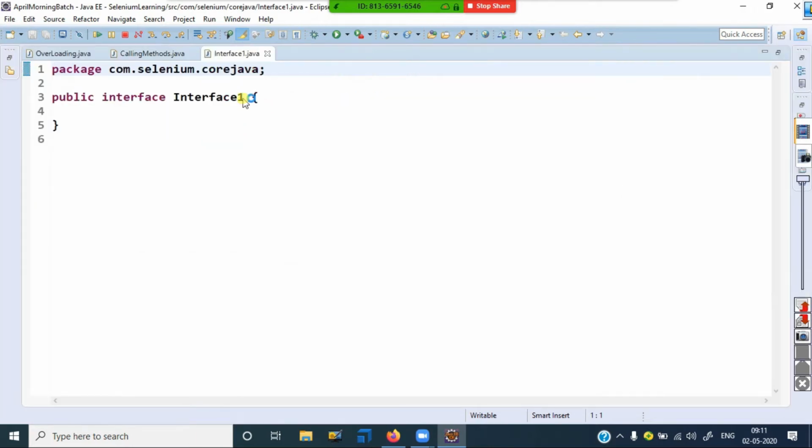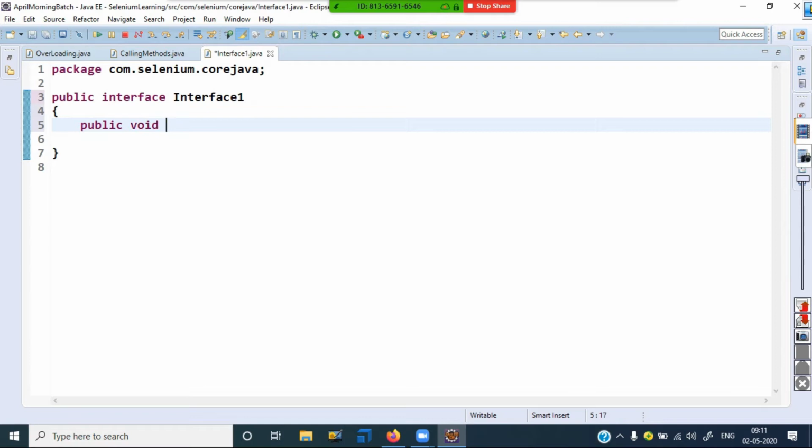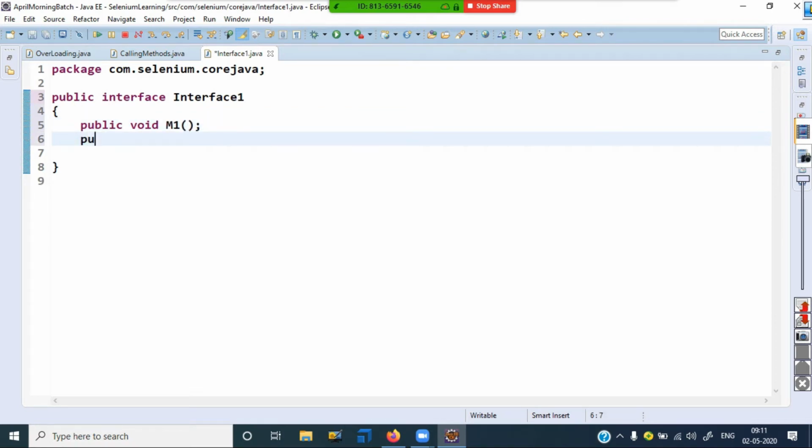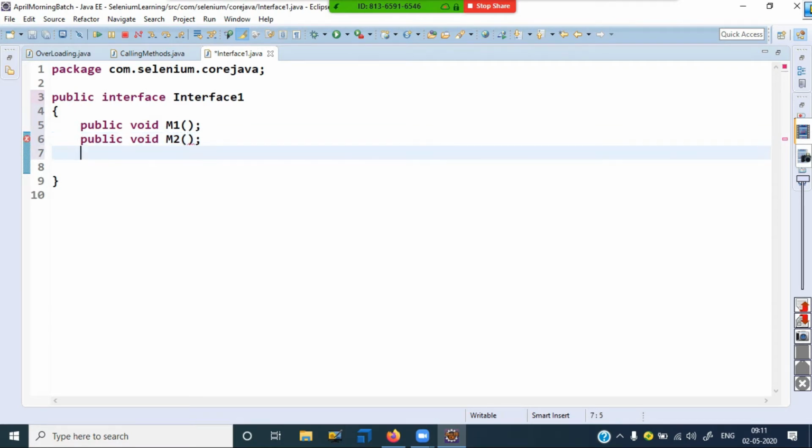What is that? Public interface, then the name. Now I can write here public void method 1. Same way, public void method 2. So this is how we can write here. And no logic.